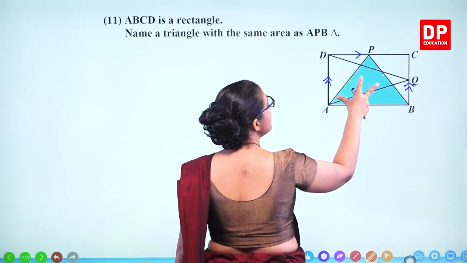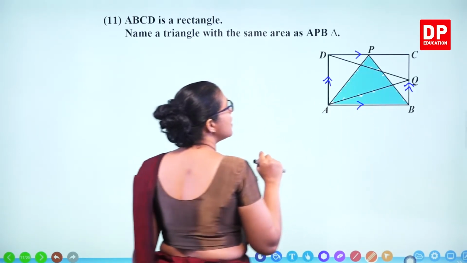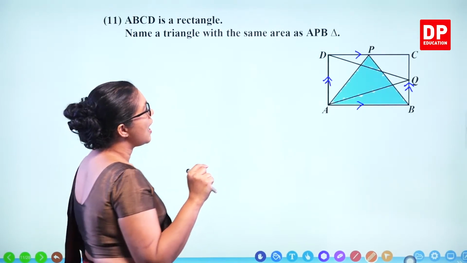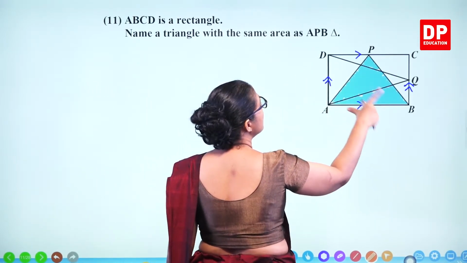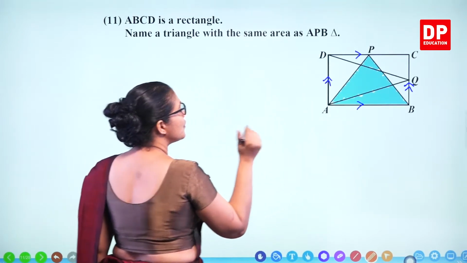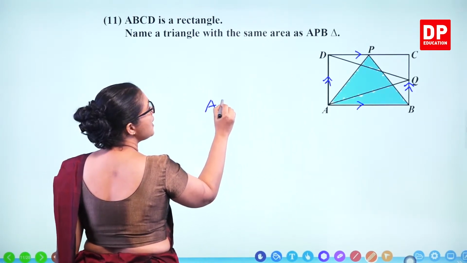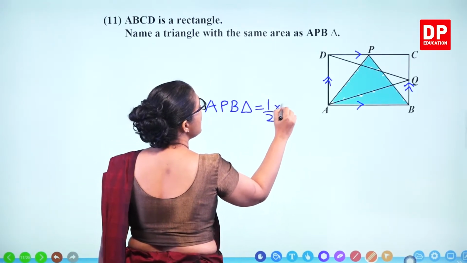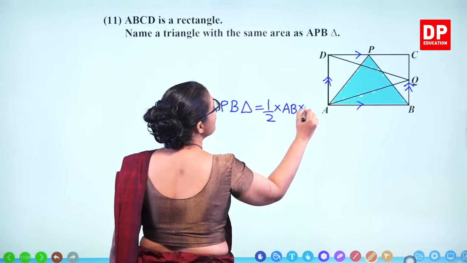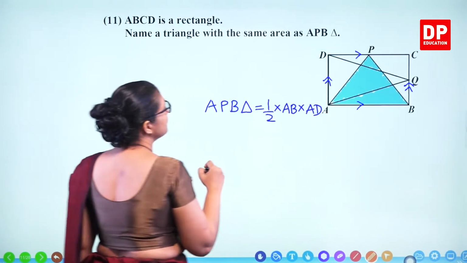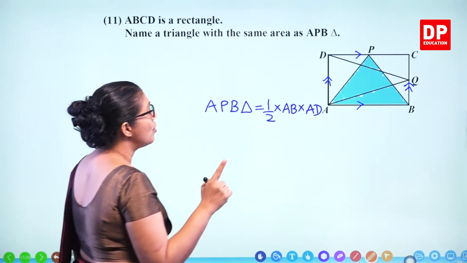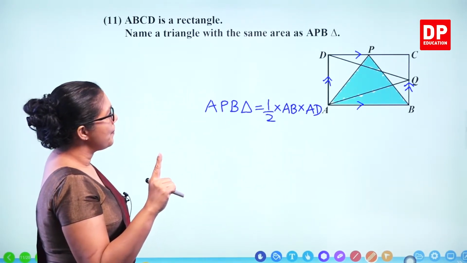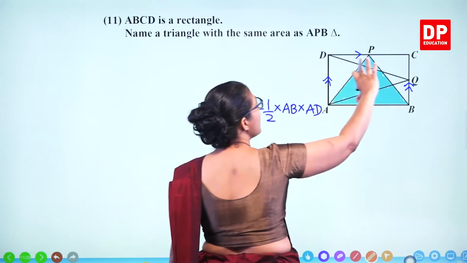APB is half times AB times AD. So we'll take APB triangle area is half times AB and AD. So we need to find out another triangle that you get the same thing. Now think about this triangle,